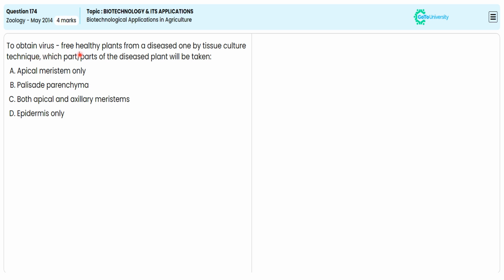In this multiple choice question, from the given options, they are directing us to specify which plant tissue is taken for executing the plant tissue culture technique to get a virus-free healthy plant. For this, we need to avoid the wrong options to specify the correct statement after understanding the meristematic cell existing